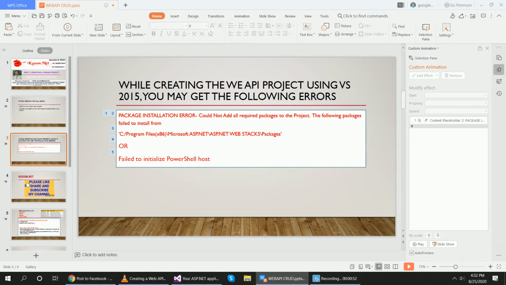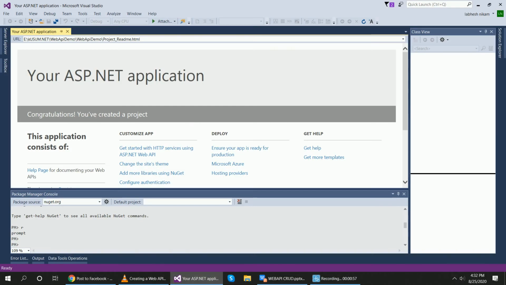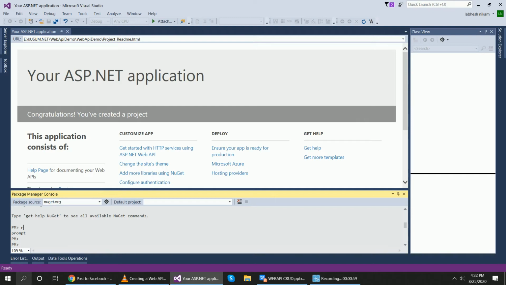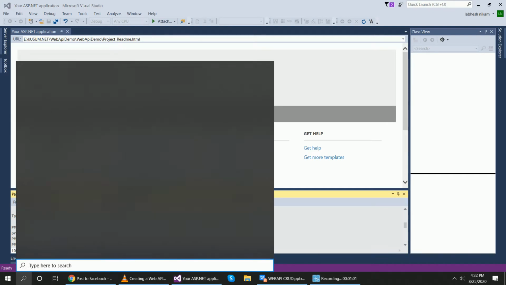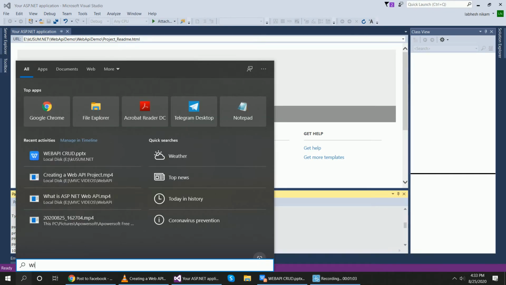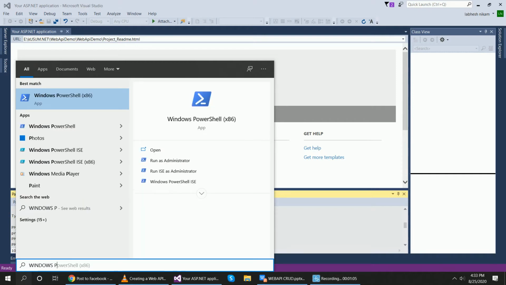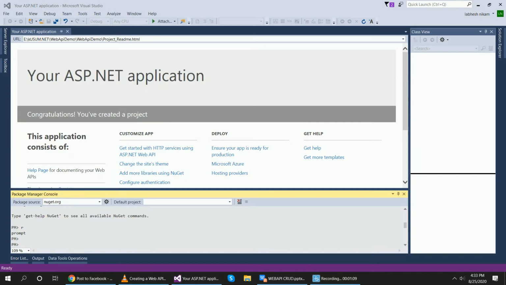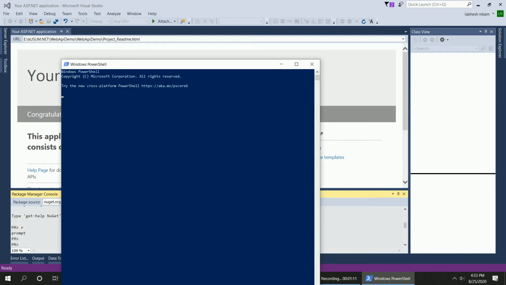In this case, what you will do, you will call Windows PowerShell, and inside of Windows PowerShell you will give a command Set-ExecutionPolicy